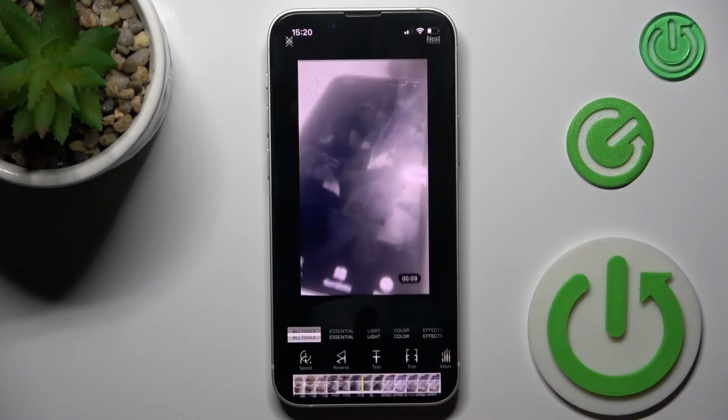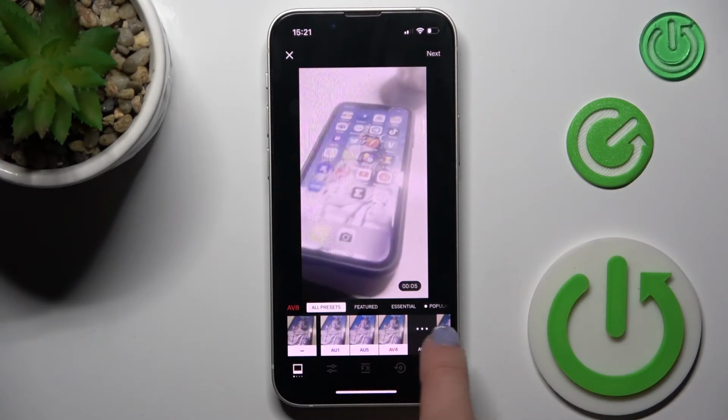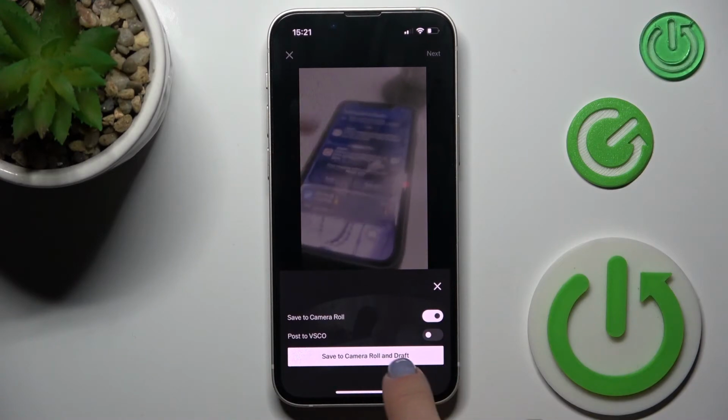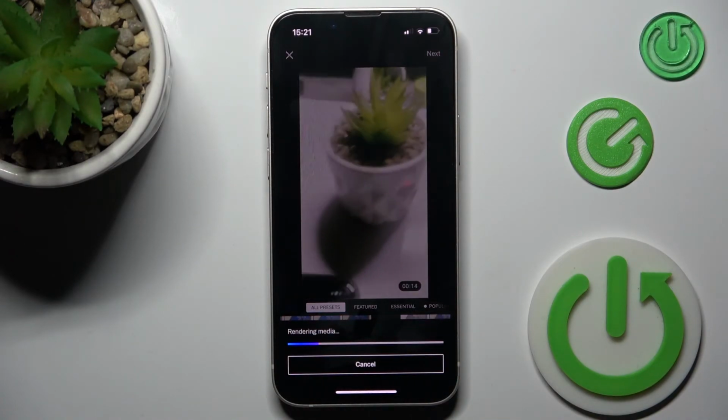So if you tap on confirmation mark, you can smoothly save it. Meanwhile, you can add some filters if you wish. Tap on next, then click on save to camera roll, and that's it. Now you'll be able to use it. So this is how you can reverse a